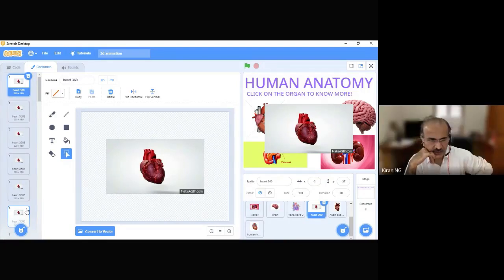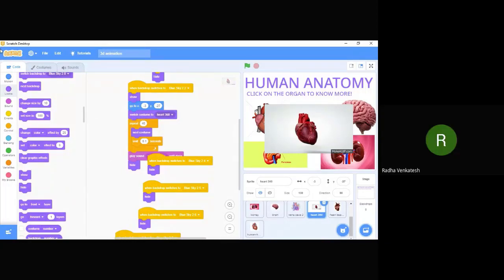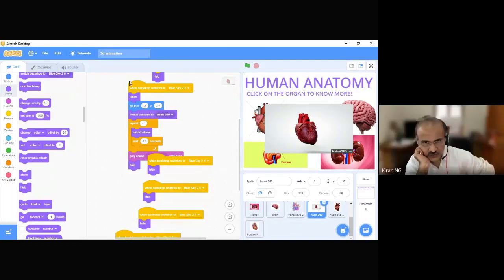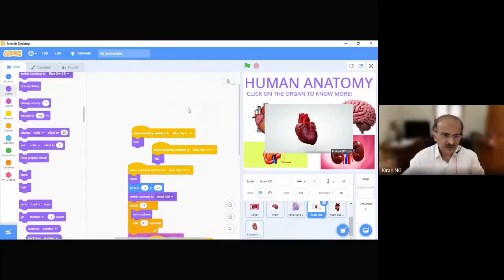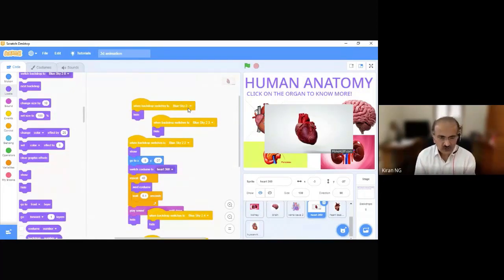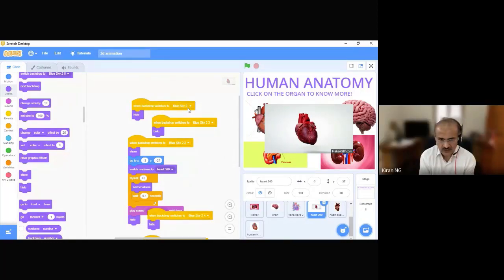Look at the power of this. You are technically creating a very sophisticated voice-assisted animation, which is totally controllable. You have control on each and every frame. Yes, sir. Yeah, if we use better quality pictures, then you have world-class multimedia content which can be used for teaching anything actually. Yes, sir. Look at it. On the other side, you have to go with tools like Office 365, which are very expensive. Yes, sir. This is available free of cost.